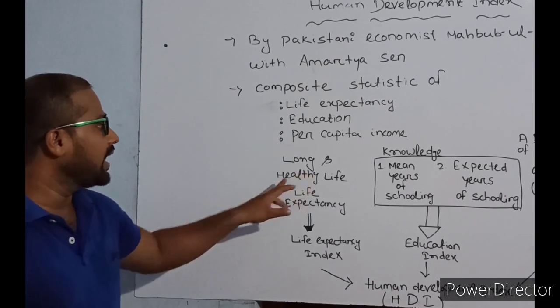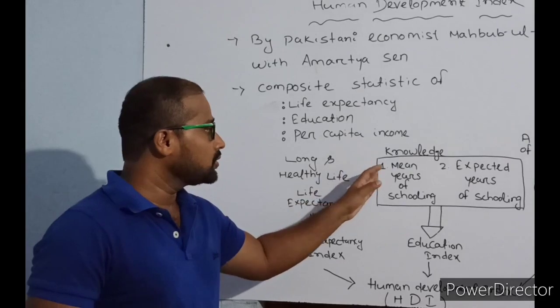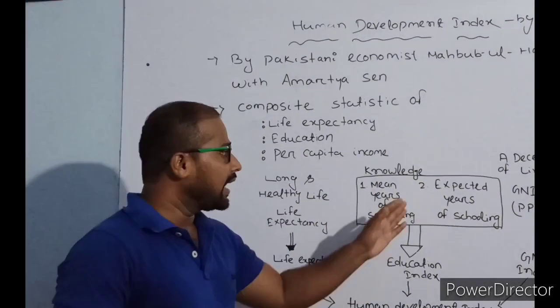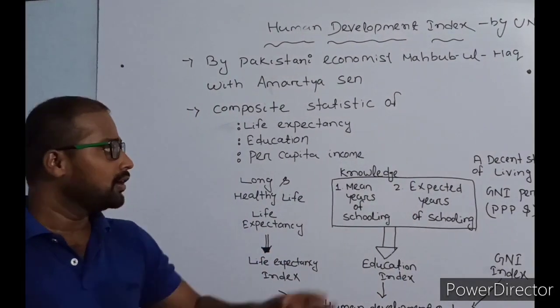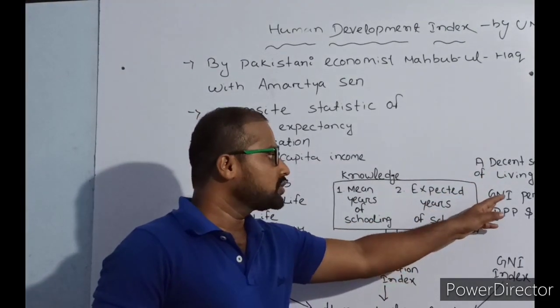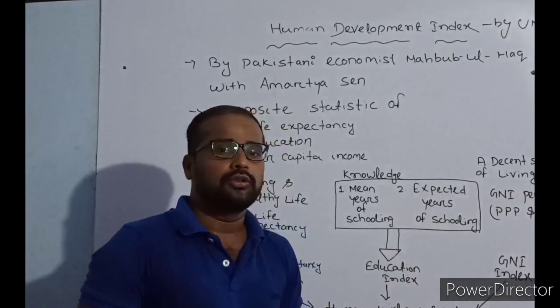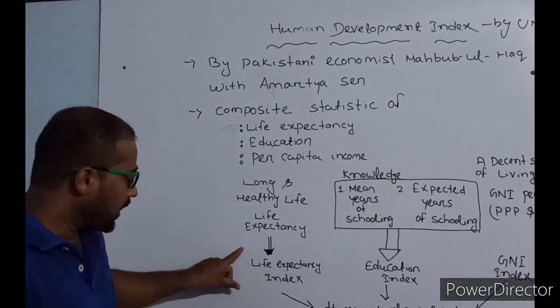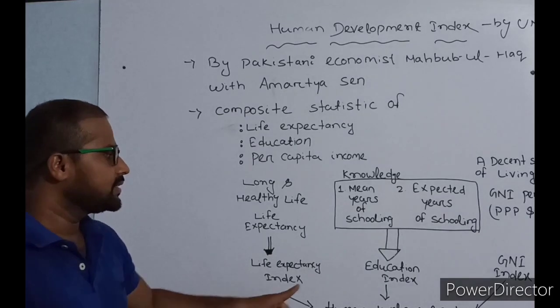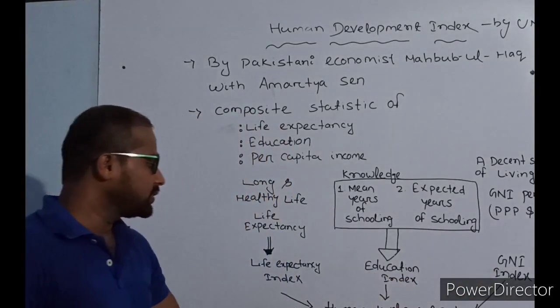First is a long and healthy life, or the life expectancy. Second is knowledge, measured by mean years of schooling and expected years of schooling. The third thing is a decent standard of living, like gross national income, per capita income, purchasing power parity according to the US dollar. The life expectancy index, education index and gross national income index, all the three things determine